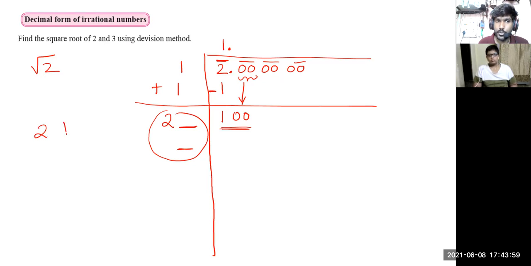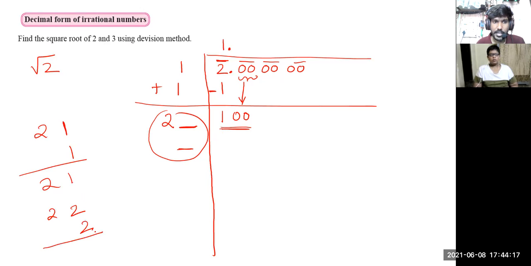For example, if I put 1 here, I have to multiply that number with 1. And here after multiplying, I get 21. So that number should either be 100 or it should be close to 100. So 1 is too small. So let's put 2. If you put 2, you multiply it with 2 itself. And what do you get? 44. 44 also is too small. So let's try with 3. If you put 3 and multiply it with 3, you get 69. So 69 is also too small.